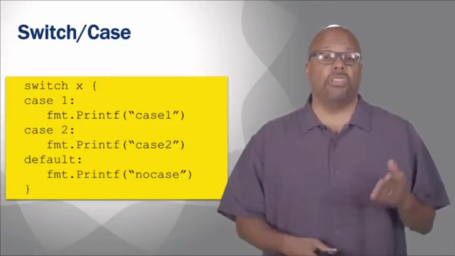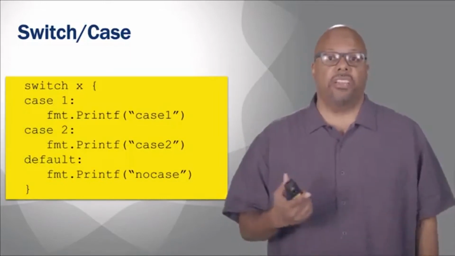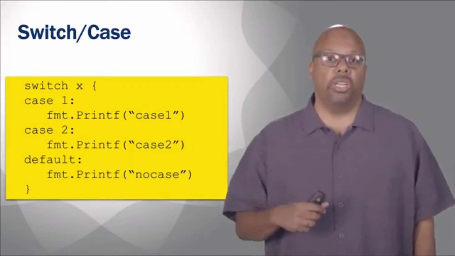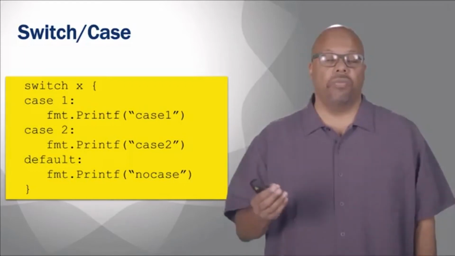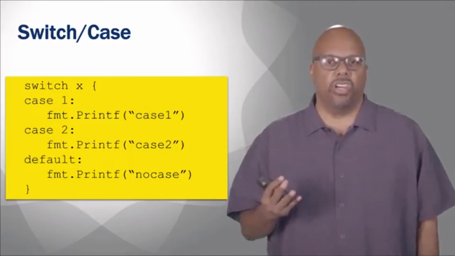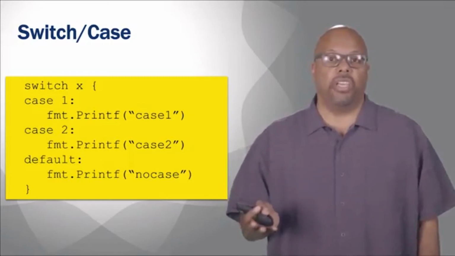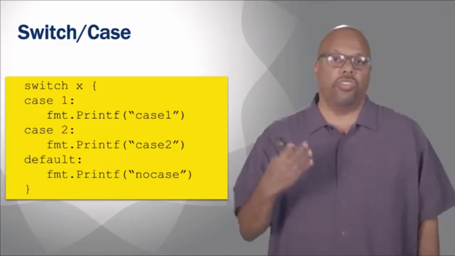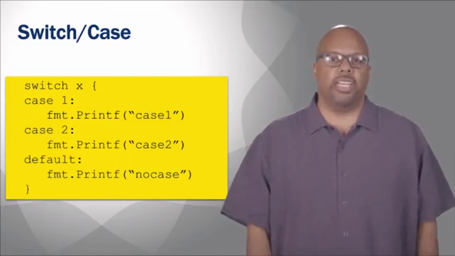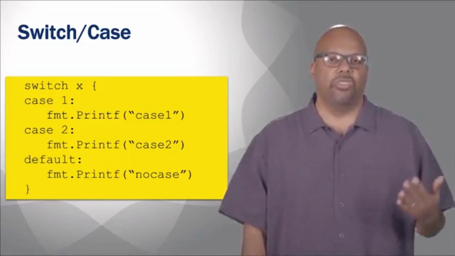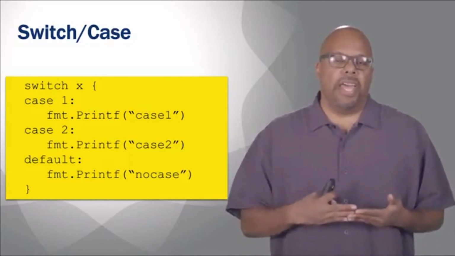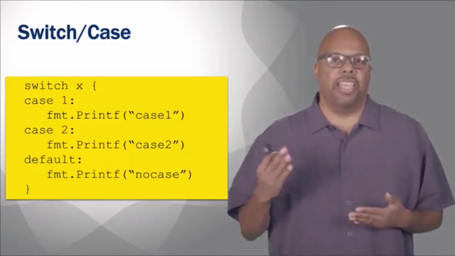So in this example, you can see we've got switch x. Inside you've got two cases, case 1 and case 2. If x is a 1, it'll execute case 1. If x is a 2, it'll execute case 2. And then the bottom one is default. Default is executed if none of the cases are hit. It's an optional thing. You don't have to have a default, but you can. So if it falls through, it'll end up executing something. So this is the typical form for a case. And one thing to note, if you're used to C: in comparison to C, the case automatically breaks at the end of the case.